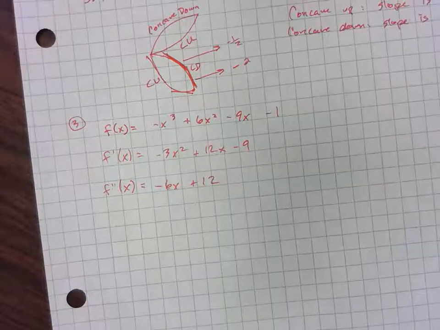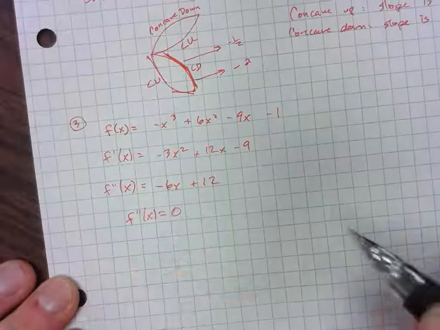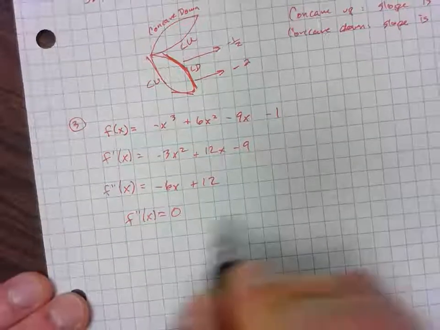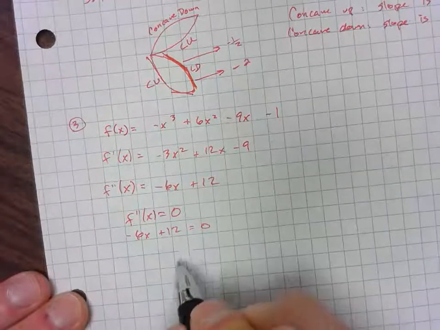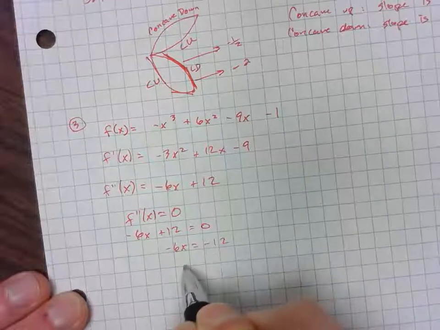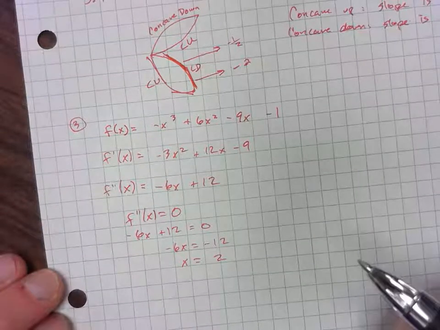Okay. So in order to figure out the intervals that we're going to be testing at, we need to set the second derivative equal to 0. So f double prime of x is equal to 0. Negative 6x plus 12 is equal to 0. You solve for x, you get negative 6x is equal to negative 12, and you get x is equal to 2. At x equals 2,